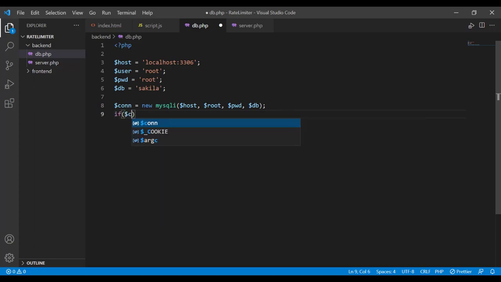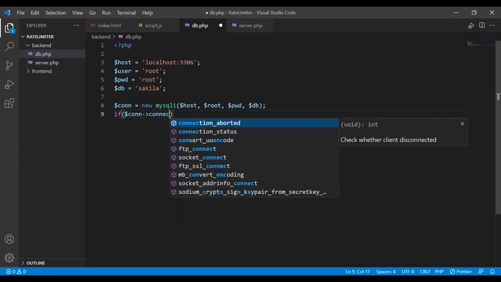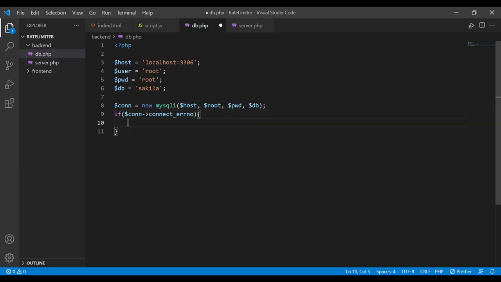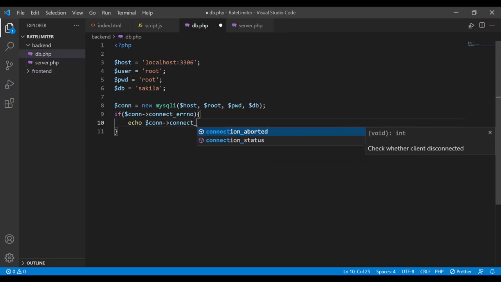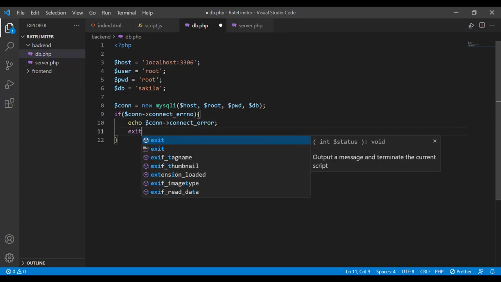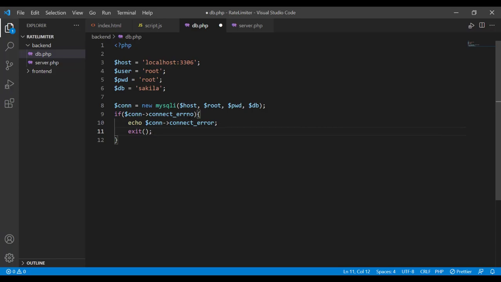Therefore, if there is any connect error number, then display the exact error and terminate the program. If that is not the case, that means we have a connection in this connection variable.